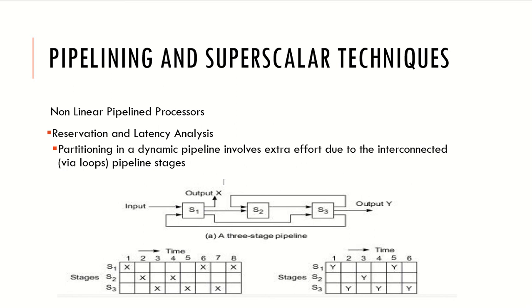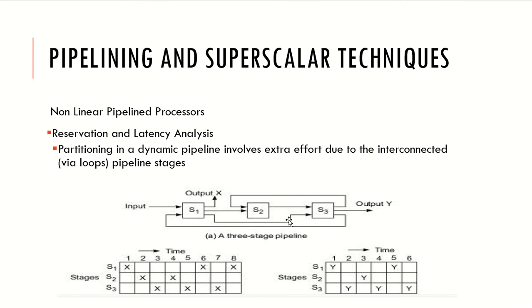So here you can see, even though it is a three-stage pipeline, the output X is going to emerge at the 8th cycle only. So you will have to maintain the data inside this pipeline for 8 clock cycles, and for that you may have to use the feed forward mechanism or the feed backward mechanism or a combination of both. Okay, similarly in the case of the output called Y, even though it is a three-stage pipeline, it